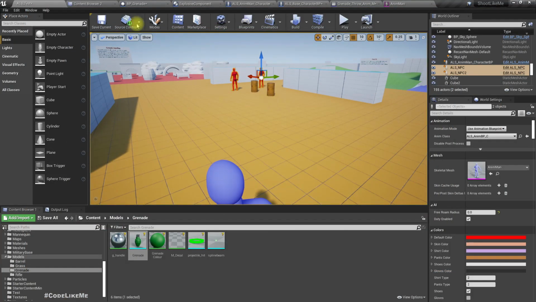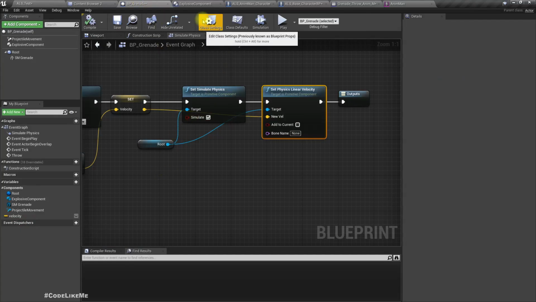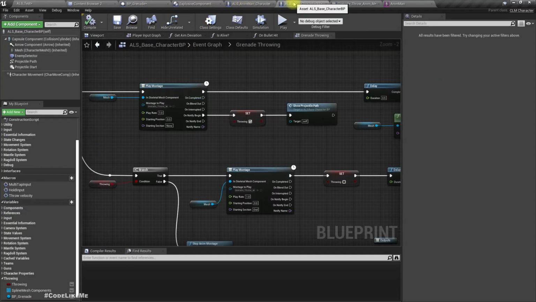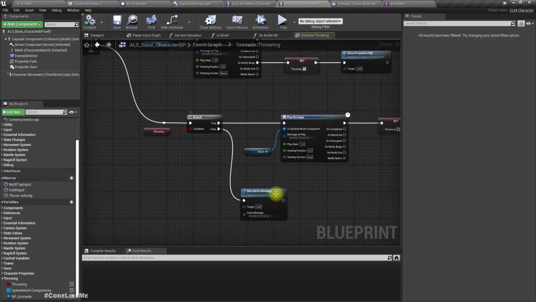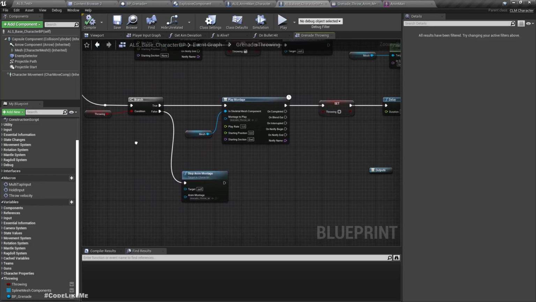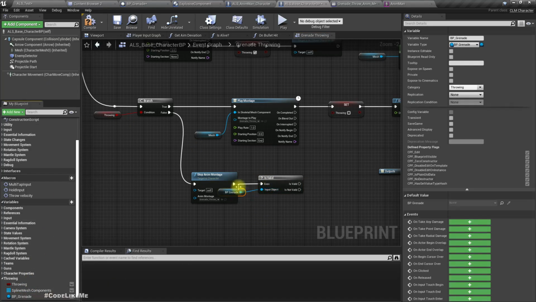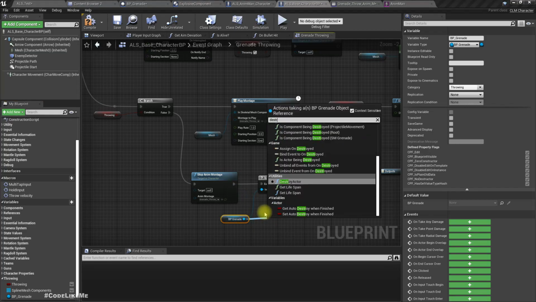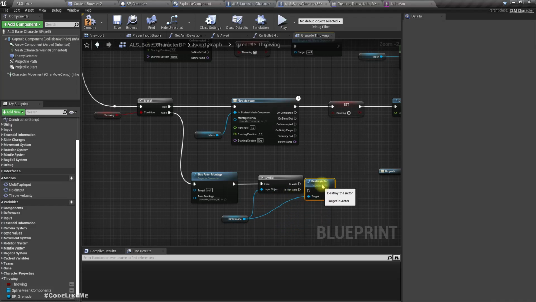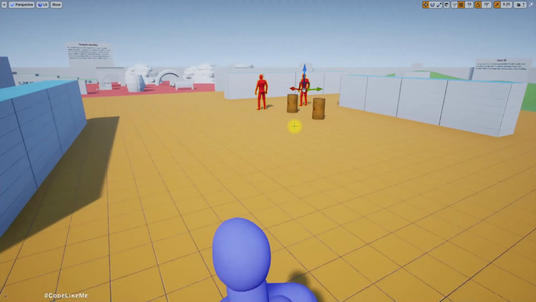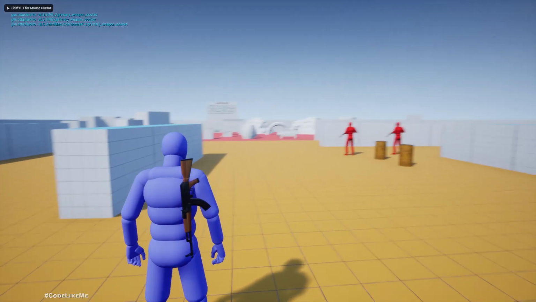So what we should do is here, if you are not throwing, when we release, and if we still have a grenade, we should destroy it. So in that way, if I just tap G,